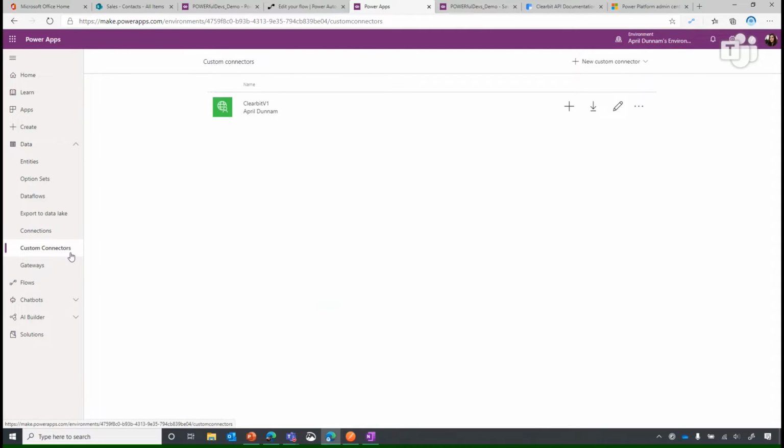You'll be taken here and you'll see all the connectors that you already have created in your environment. If you want to create a new connector, just select the new connector option in the upper right-hand side. And this is where you'll see all the different options that you can use to create a new custom connector